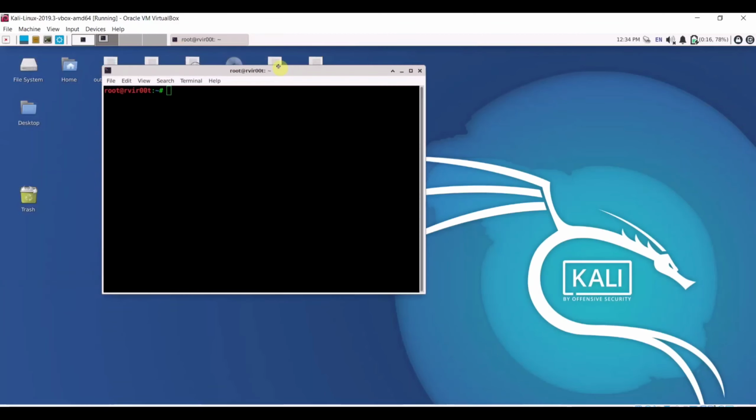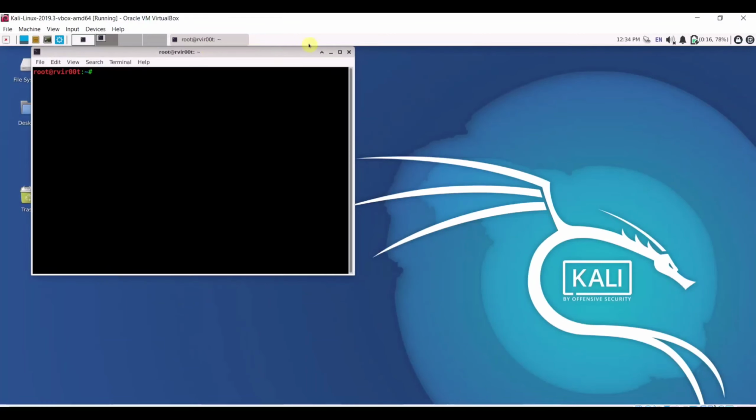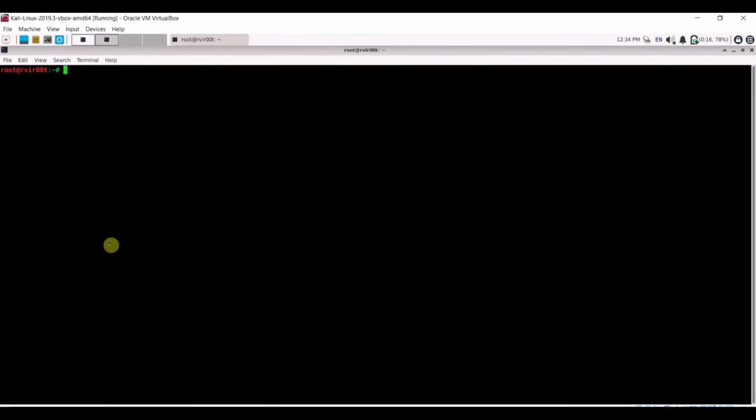First I have to check the target on which I'm going to perform the enumeration. My target is 192.168.0.110, and it's reachable.